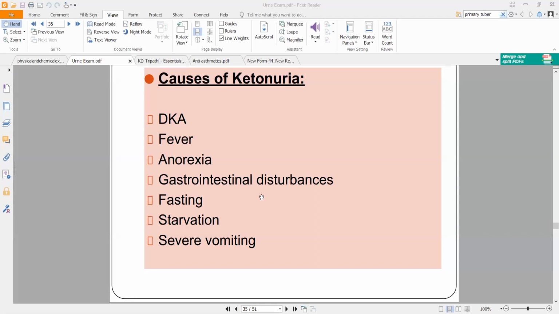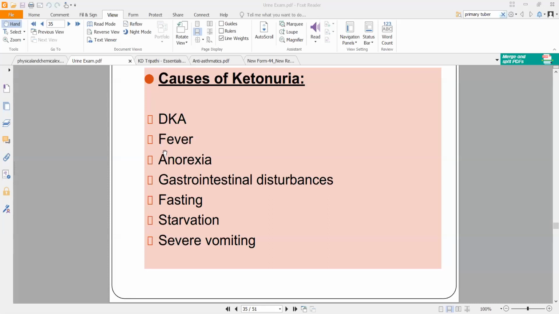So at one point a diabetic patient will have a lot of ketones in their blood, to an extent that, if you remember, we said if ketones are high, you will get fruity urine. If you remember, in the physical exam I told you, if ketones are very high, then you will get fruity urine. If ketones are high, you will also get fruity breath. The breath that the patient exhales will be fruity in smell. That indicates diabetic ketoacidosis, that is DKA.